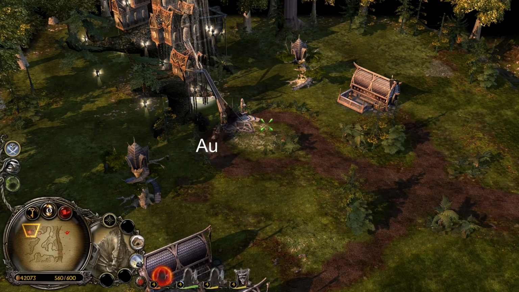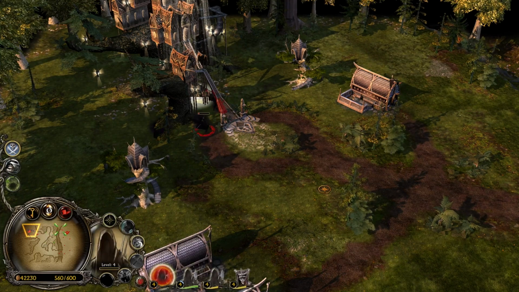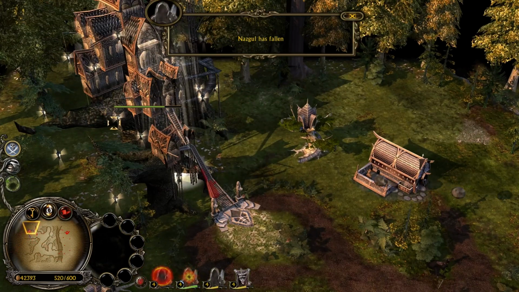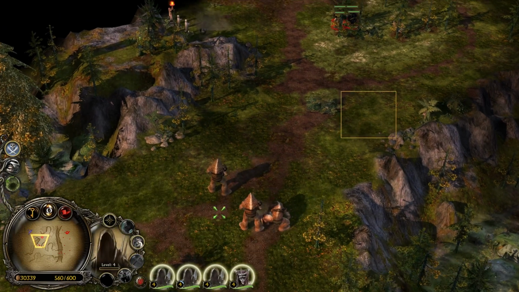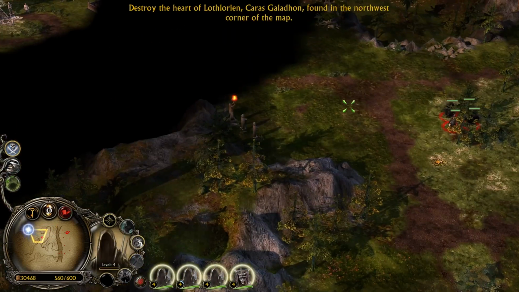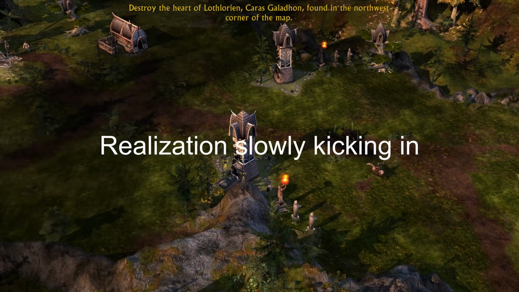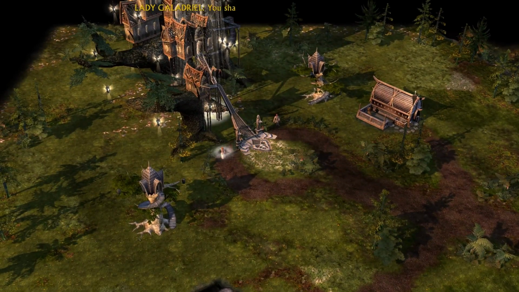I clear the enemies with my heroes and take Gara's Galadon. It takes massive damage, and then one of my heroes dies? Oh no, it had a ranged attack which targeted my Nazgûl with the lowest health and he died moments before the mission ends. Oh boy, and of course I didn't save because it's the first mission, so I have to replay the whole